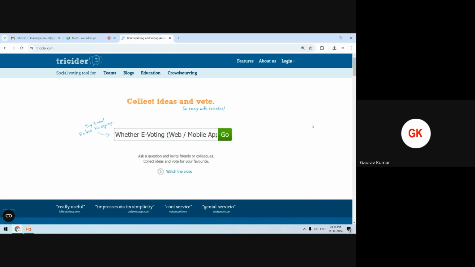The Government of India is considering e-voting. So nowadays, what is going on? For example, there are state assembly elections or central parliamentary elections. We have to visit the polling booth with our voter ID card or Aadhaar card. But